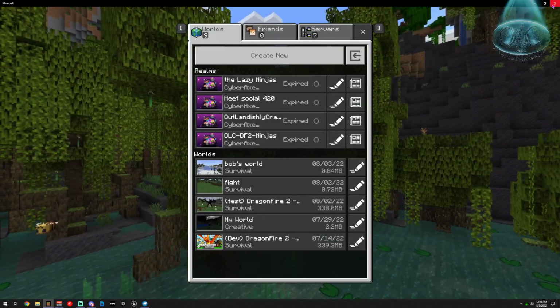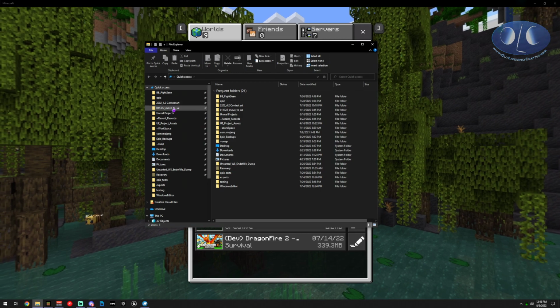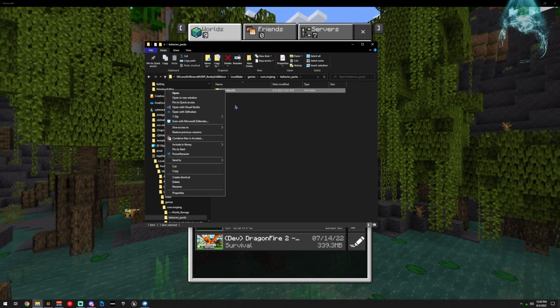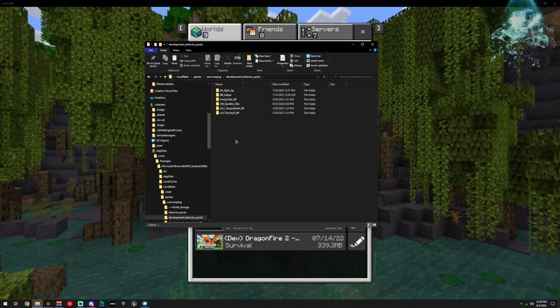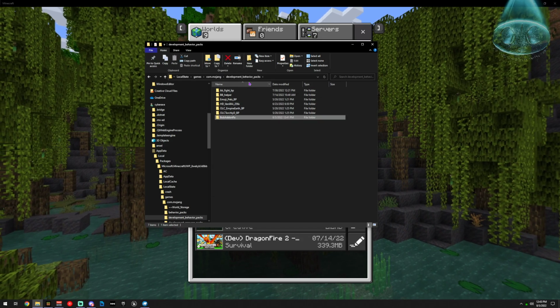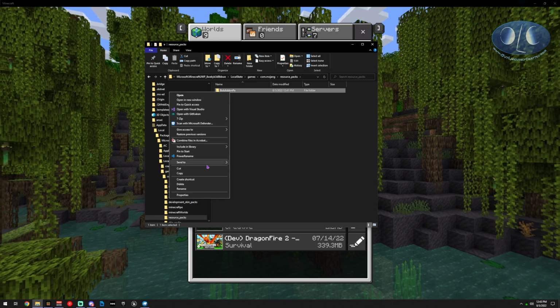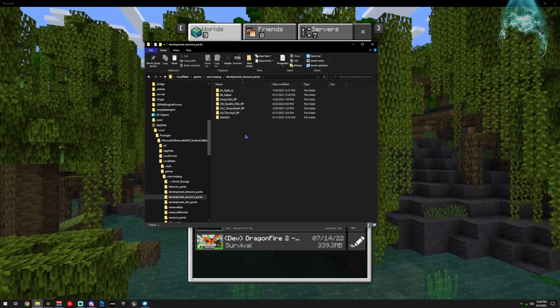Now to avoid that, what you can do is you can take your BP from here and you can cut it and move it into here, the developer BP, and you can take your RP from here and you can move it into development resource pack.